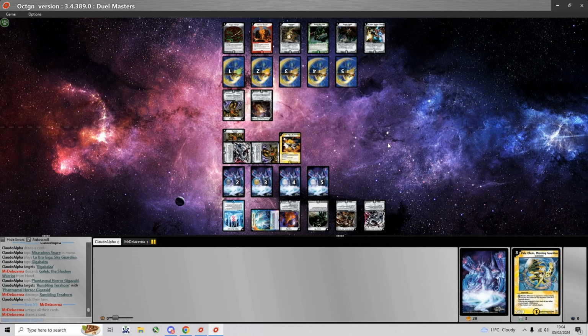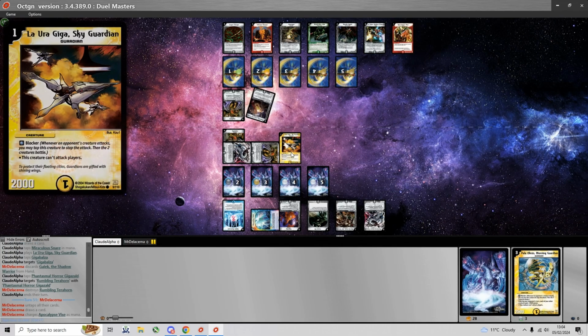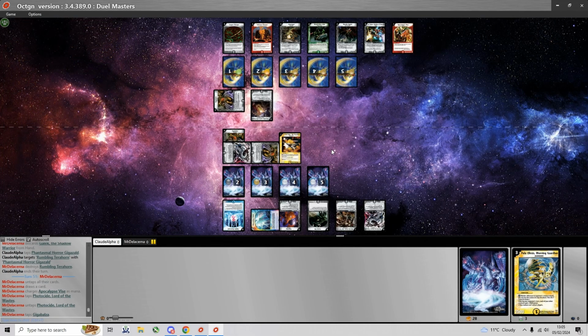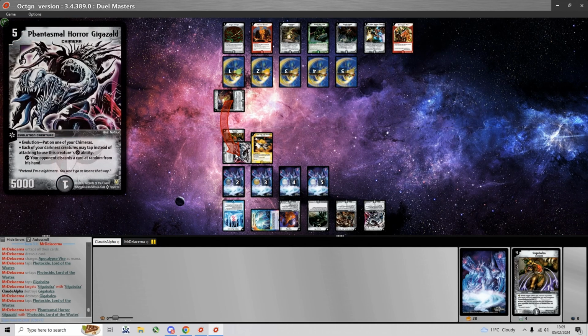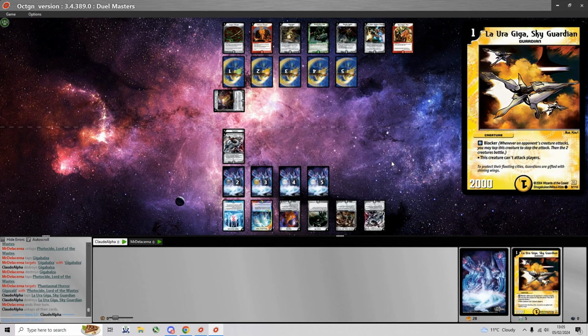But this game is gonna be his if I don't top deck a Terror Pit or a Miraculous Snare soon for the photo side, because if that photo side maintains field presence for a long time, it's just gonna keep killing my stuff. And I'm probably gonna block the attack here, although